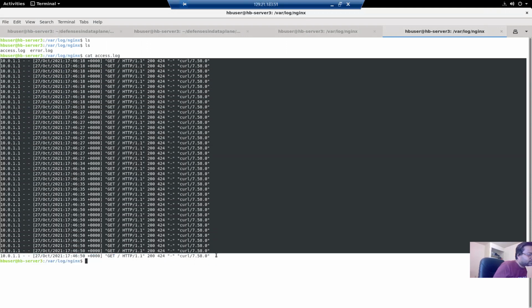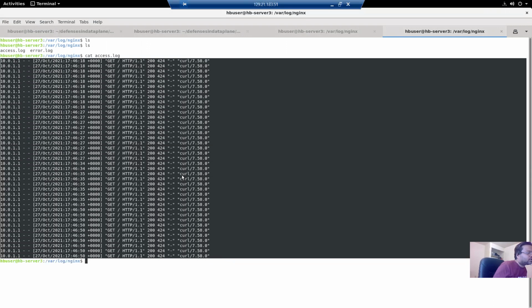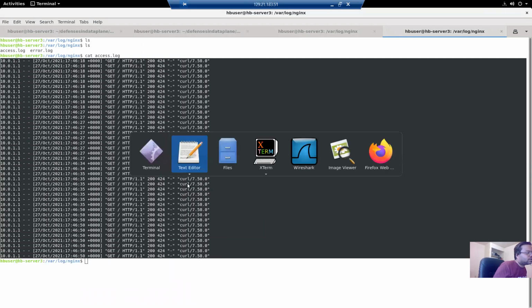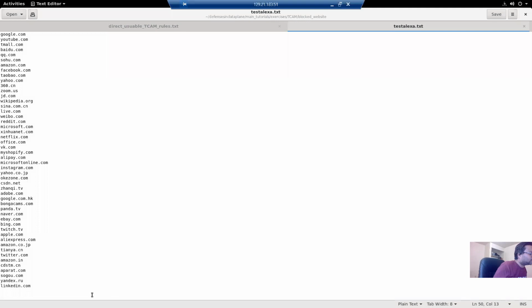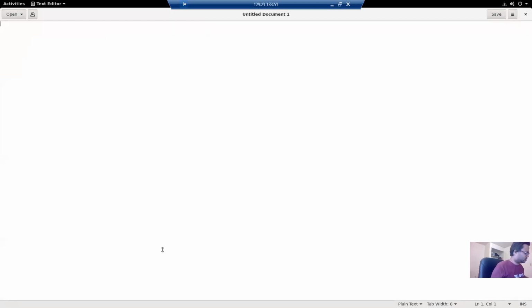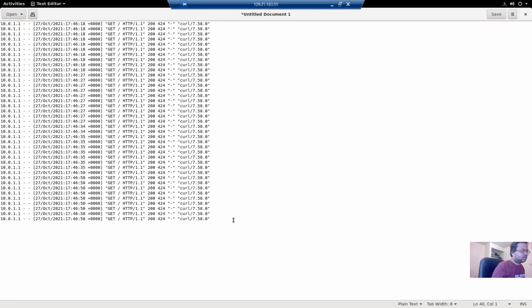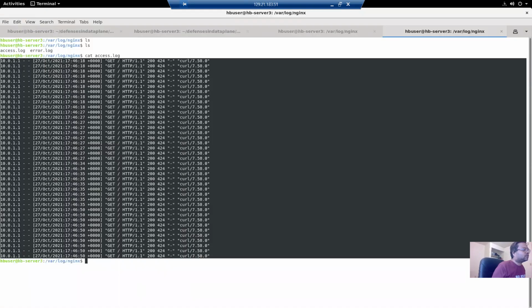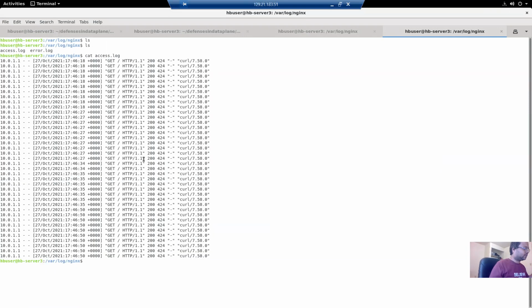You can see the connections that are only allowed to leave because of the pattern that I have installed here.